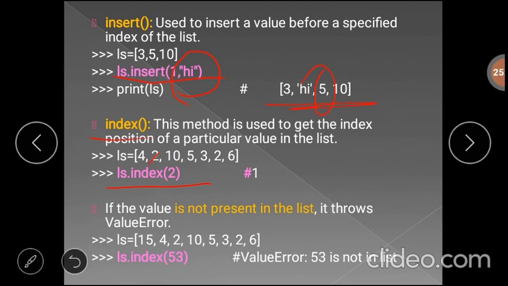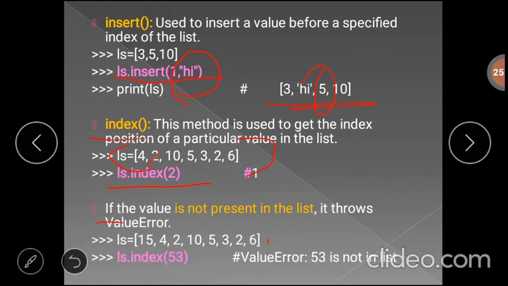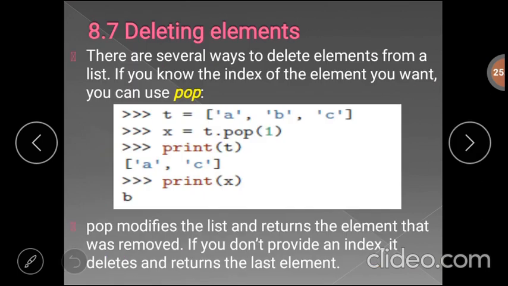Even though 2 is present 2 times in that list, it will consider the index of the first occurrence of that element. If the value is not present in the list, it will throw a value error. For example, ls dot index 53, that is not present in the list, so it will display the value error: 53 is not in list.